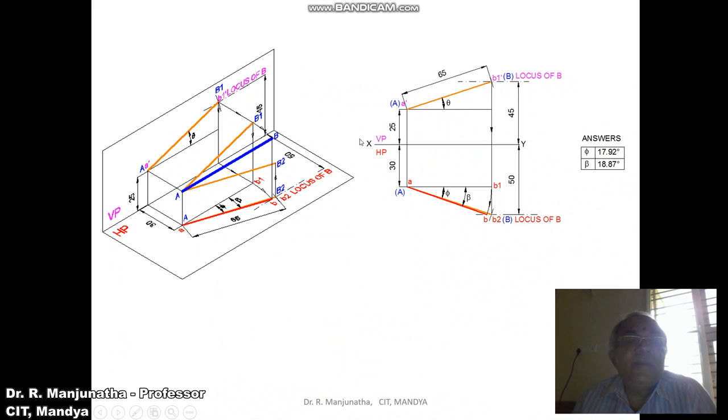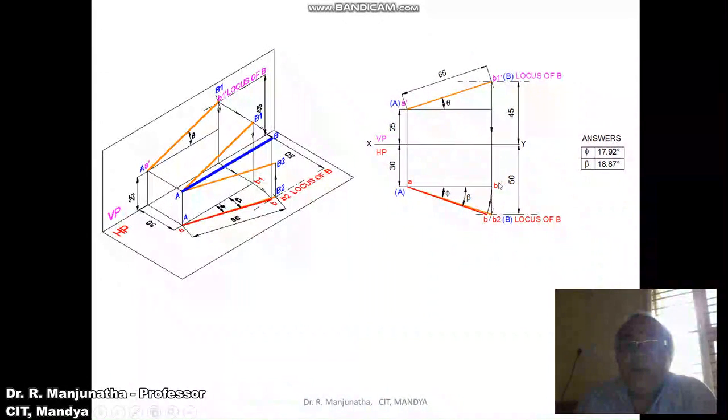And that same thing is what we are told here, when you are trying to find out the apparent inclination in the top view. First we have to take the front view true length. You know that this is the front view true length, so that means it is parallel to VP. That is, A is in front of VP by 30 mm and B1 should also be in front of VP by 30 mm. So you are projecting that till the locus of A in the top view. So you mark this point as AB1.